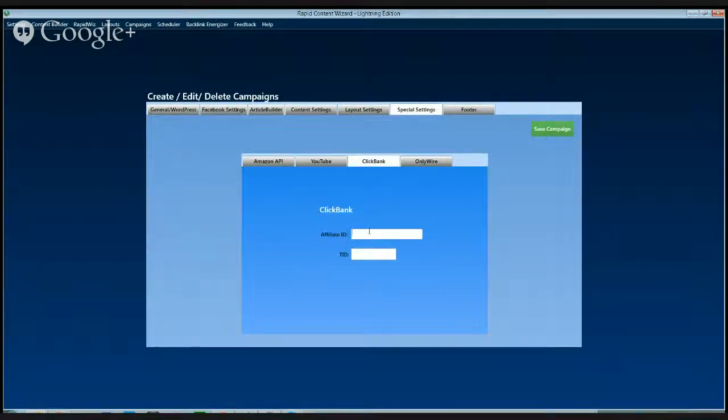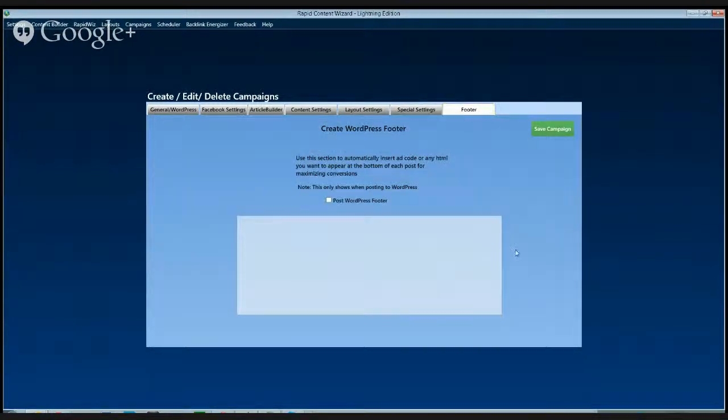You can use a different affiliate ID, a different tracking ID, and then different video sizes depending on the size of your blog, and then your OnlyWire info, the backlink URL you want, and the anchor text,